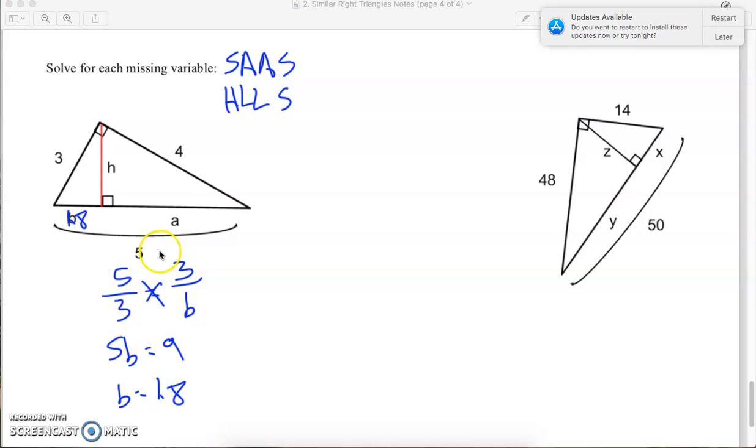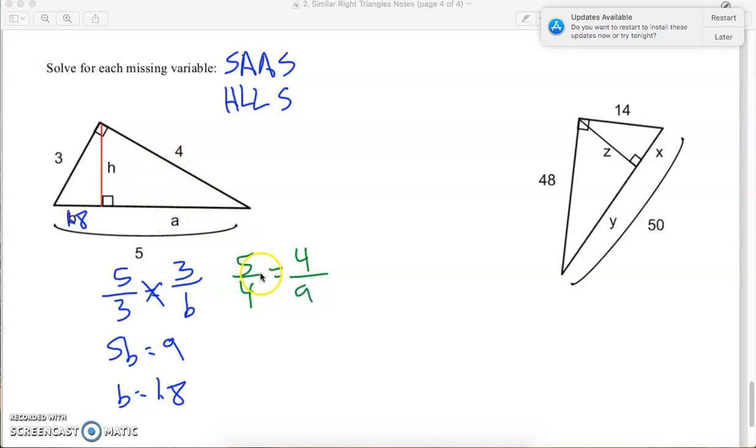All right, now let's find the other segment. So doing the same thing, but using the other leg. We use 4 as our leg, we can find A. So hypotenuse again is 5, over the leg this time we'll use is 4, equals the leg again 4, over the segment with 4 is